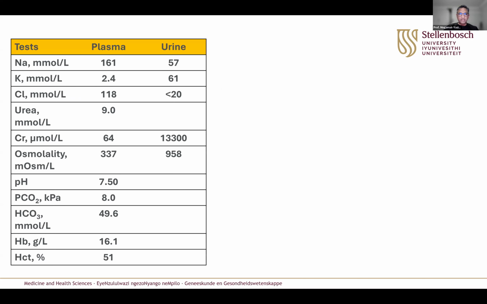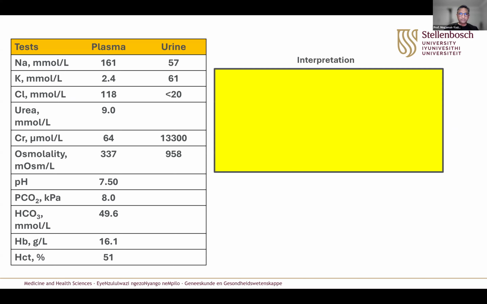So these are the blood results again and urine results of our patient. And I'm just going to interpret them one by one. Number one, the ECF volume contracted with a metabolic alkalosis and a low urine chloride concentration. This combination of volume contraction with a metabolic alkalosis and a very low urine chloride indicates either vomiting or remote diuretic use. In other words, the patient was using a diuretic, it was stopped a few days ago, and this is the consequence of the after effect of the diuretic having worn off.